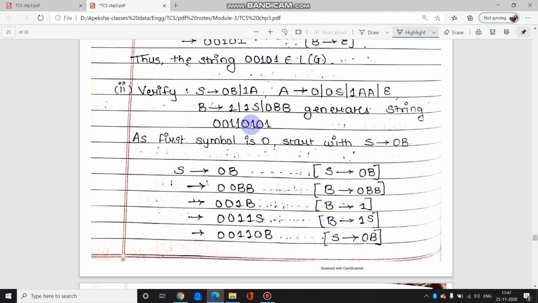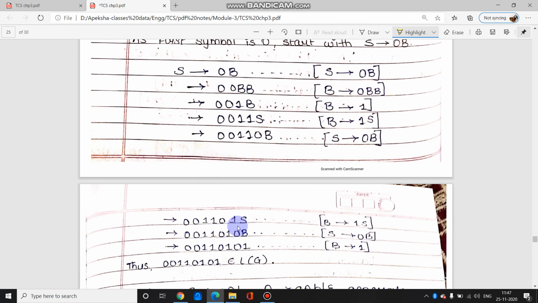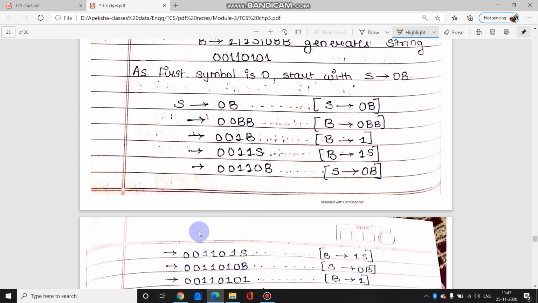Next again there is 1, so again over here you cannot substitute only 1 because the string will end and we have more to go. So what you will substitute is again 1S. So you will substitute 1S over here. 1S substitute किया, so if you see 0 0 1 1 0 1 आ गया. अभी लास्ट 0 1 बाकी है.